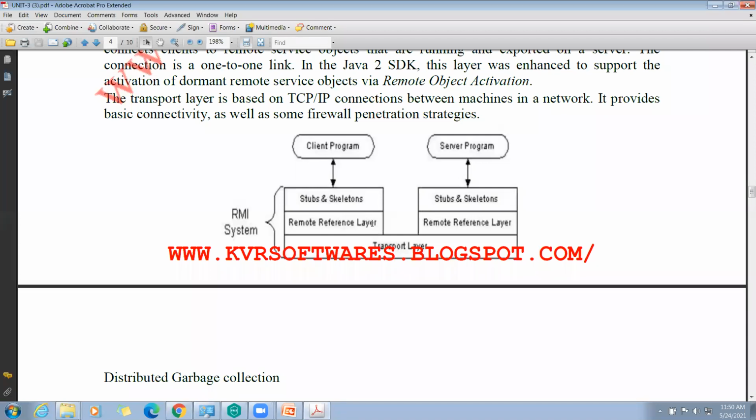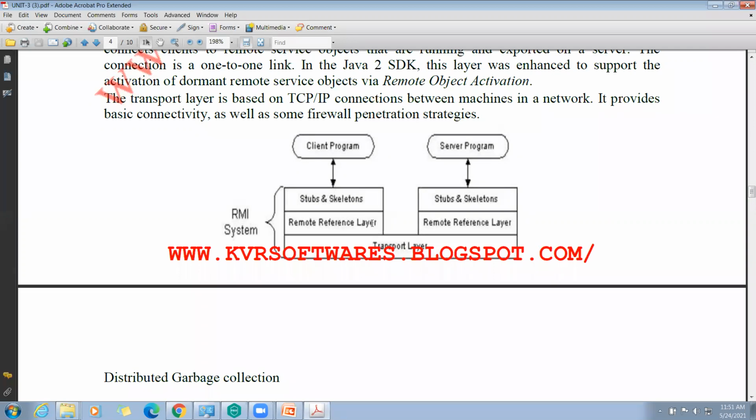Before going to this, we need to know what a stub is. First we need to know about the skeleton. Skeleton is an object, as I told you in the beginning of the class, which acts as a gateway for the server side object. That I also showed.